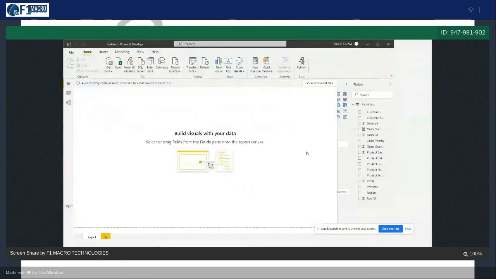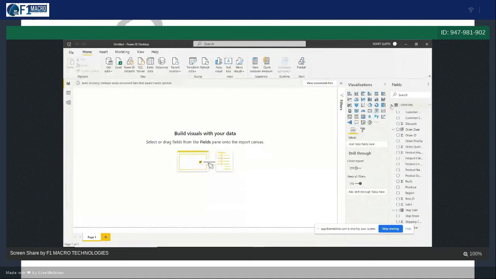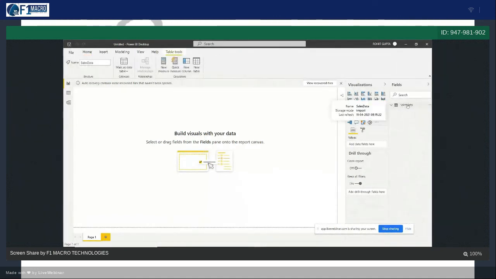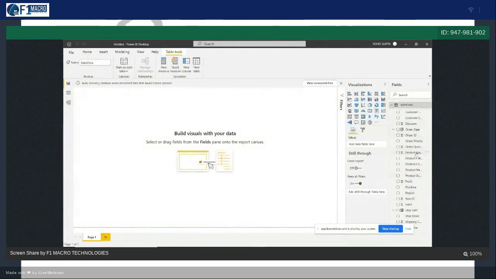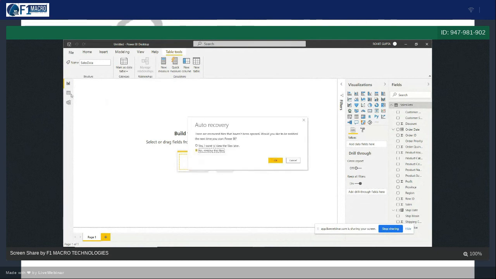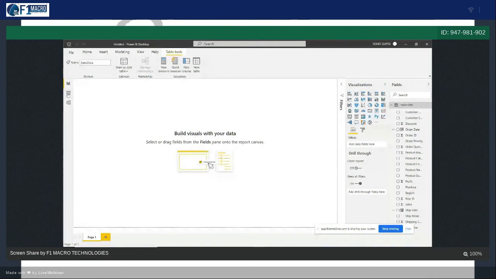Okay, so your data is loaded. Once the data is loaded, you will be able to see all your data here. Can you see? These are the fields. So this is the table. You can minimize this by clicking on this. This is the table, and these are the attributes, all the attributes you have. These are the visualizations. This white window is where you will create your report, and this is what I talked about as building blocks.